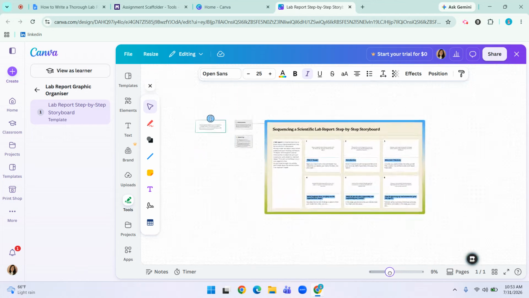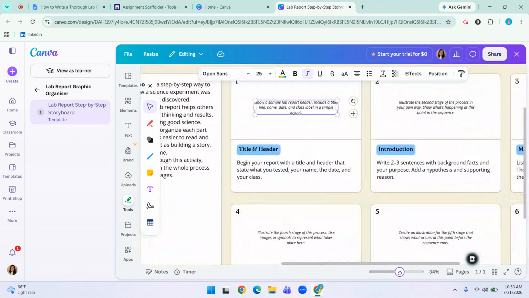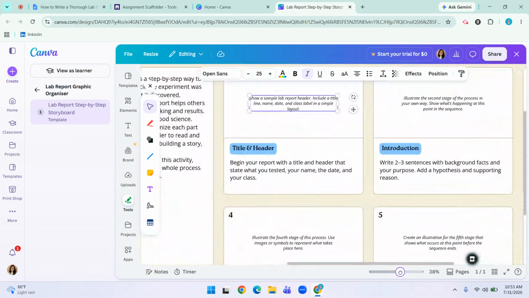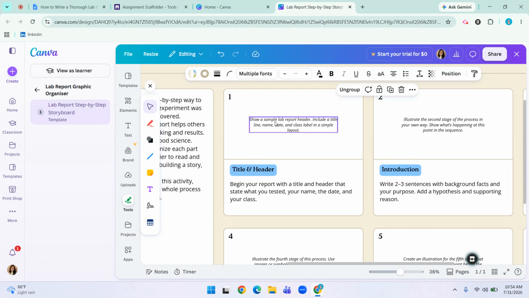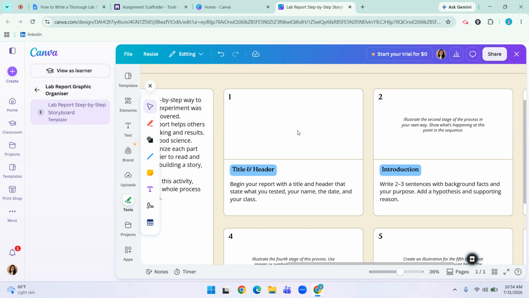This slider at the bottom allows you to zoom in, which is a lifesaver for me, that's for sure, even with my glasses on. So now that we're zoomed in, I can look at each box and make sure it covers all the pieces of the lab report. What I would do is, this is giving another prompt of what you should be showing in this part, but I would actually take these out